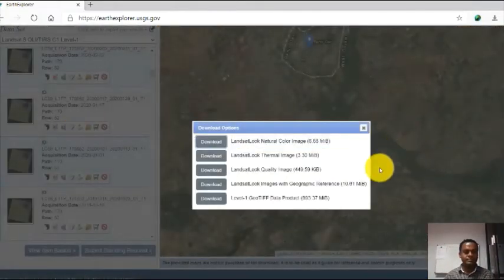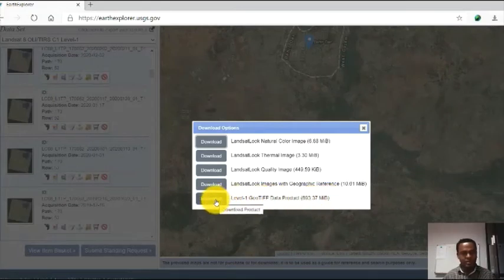You click on it. Then there are download options with a smaller megabyte size, but the one you are looking for image processing is Level 1 GeoTIFF. This one is georeferenced, and you click on this download button. Mind you, the one with a much bigger size, close to 900 megabytes, is the one that you are looking for. So you click on download,